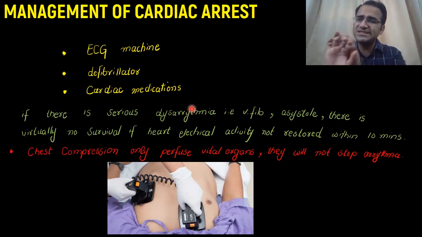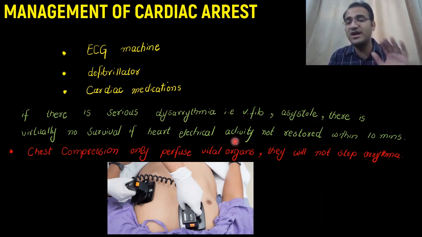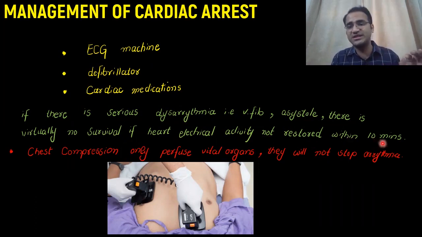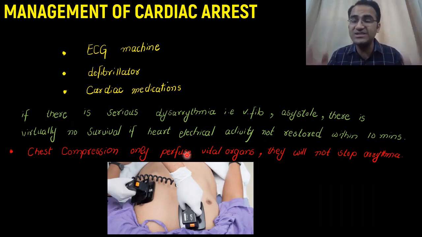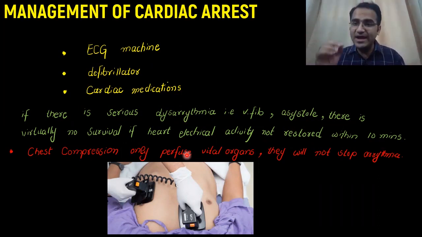Remember that these chest compressions only help the circulation of blood in the body. They do not stop any abnormal electrical activity of the heart. If there is serious arrhythmia like ventricular fibrillation or asystole, there is no survival if the electrical activity is not restored within 10 minutes. Chest compressions only perfuse the blood to the vital organs. They do not stop the arrhythmia. So remember that chest compressions only help perfusion of the body, and they give you some time to perform defibrillation